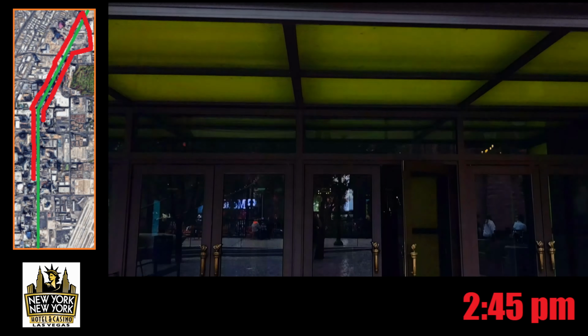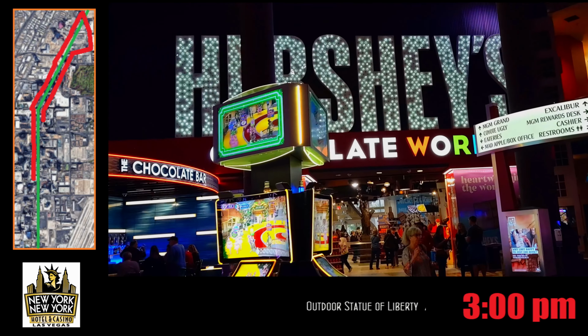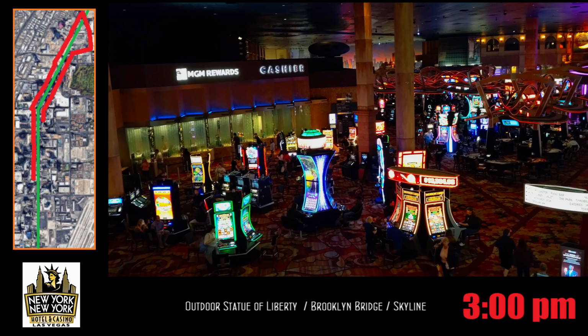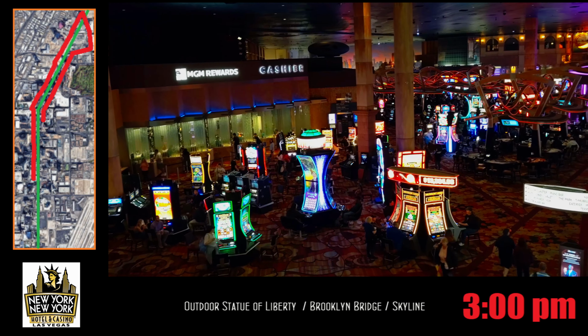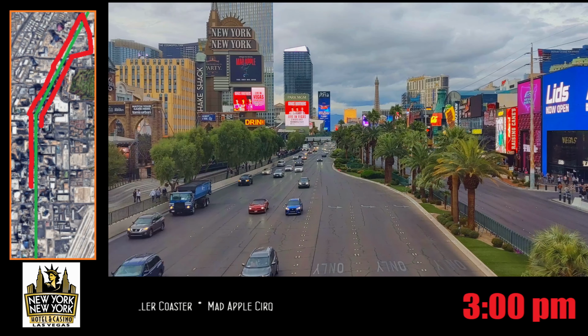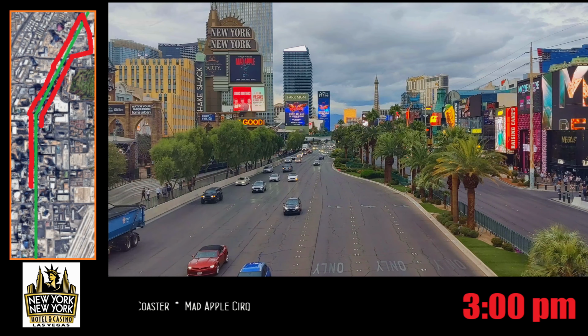New York is a favorite of mine. I mean, just the decor and how they've gone all out with that little Brooklyn Bridge display out front, the Statue of Liberty, and the way that the hotel is shaped, like the buildings. To be honest, when I first went there, I thought the buildings out front, the skyline, was like a facade, like a Hollywood facade, and then just behind it, it was just regular buildings or something like that. I had no idea, like the way it displays those buildings,